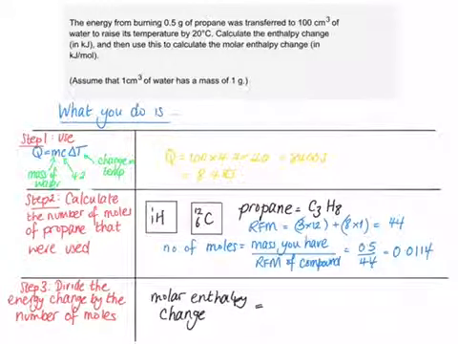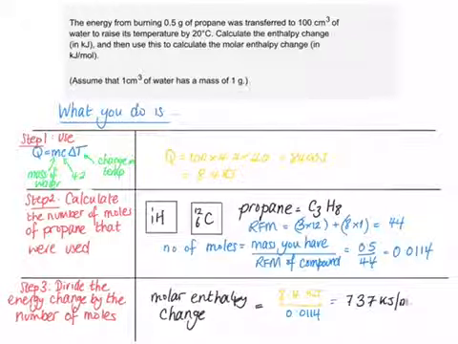So let's put the numbers in. So it's 8.4 kilojoules divided by the number of moles that we used, which is 0.0114. If you put that in the calculator, the answer comes out to be 737 kilojoules per mole. So the molar enthalpy change